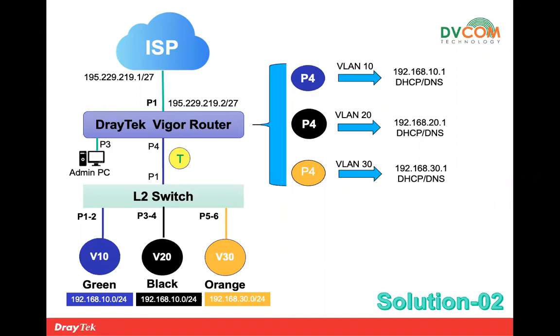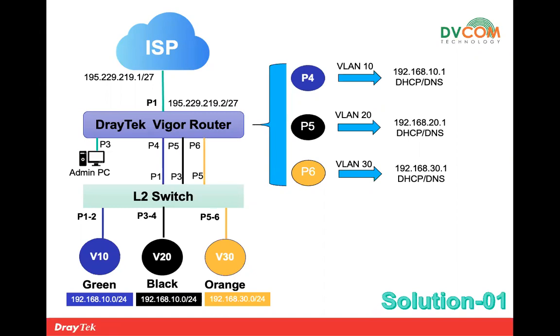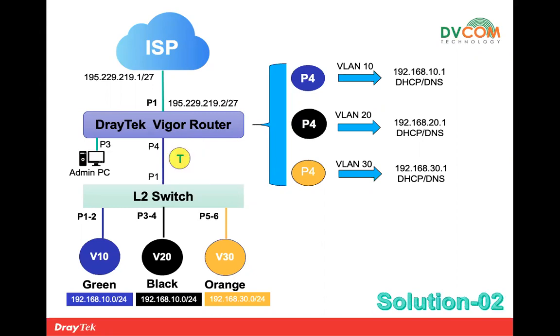So what I'm trying to tell you, guys, is that you can configure it in 2 ways in case you have a layer 2 switch. The first one is that each and every port of your DRETEC router, you can keep in different VLANs. We can call this port-based. In case you want to carry multiple VLANs' information through a single interface, we can call it tag-based. So that is the difference between port-based and tag-based. In the DRETEC we support both by default, but some people may ask you this question.